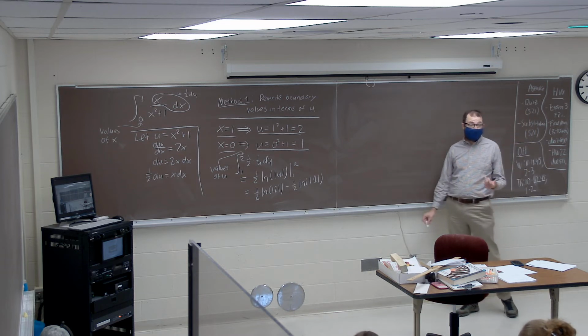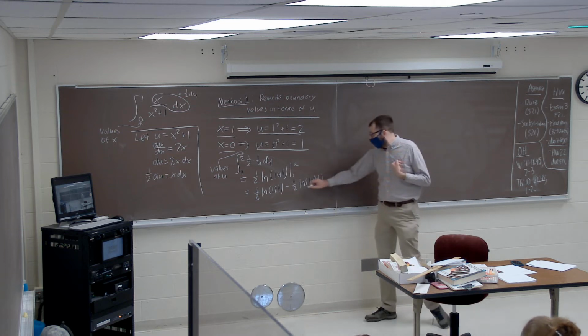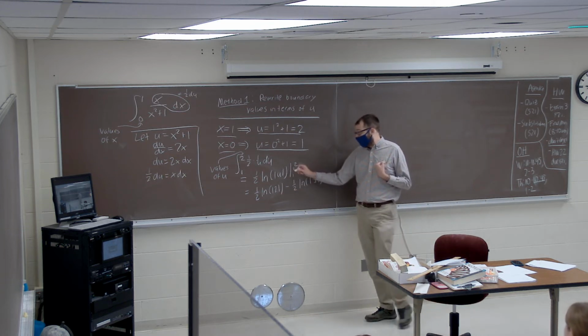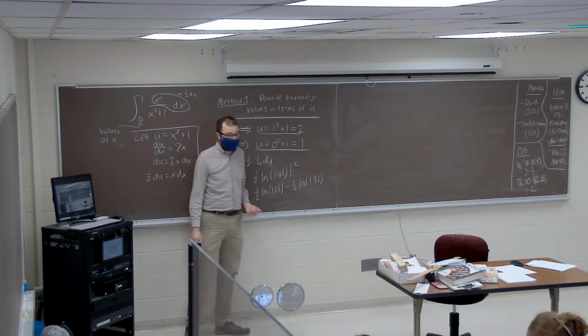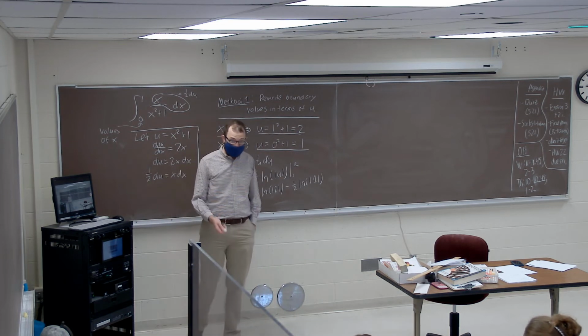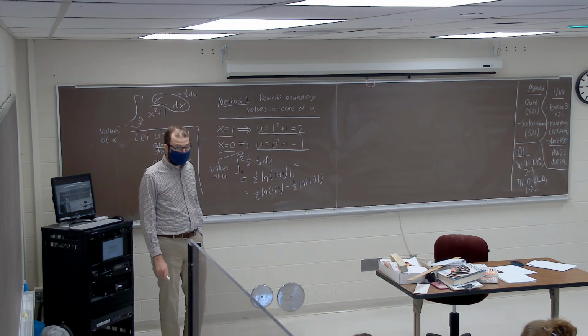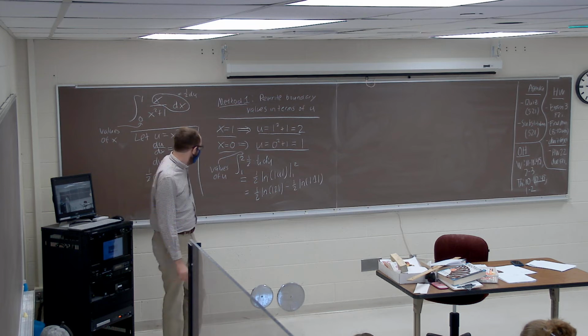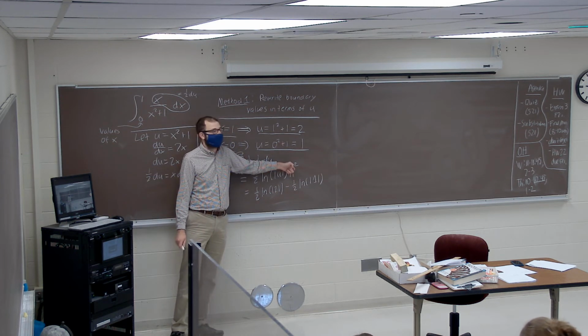Because that's what the fundamental theorem of calculus says for doing a definite integral: find an antiderivative, plug in your endpoints, and subtract. Yes, I do. So do we not need to rewrite it in terms of x? Nope, because our boundary values 1 and 2 here are in terms of u.